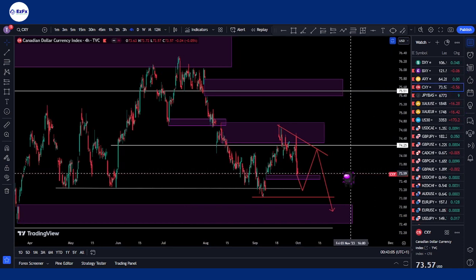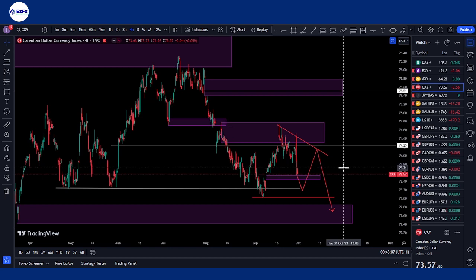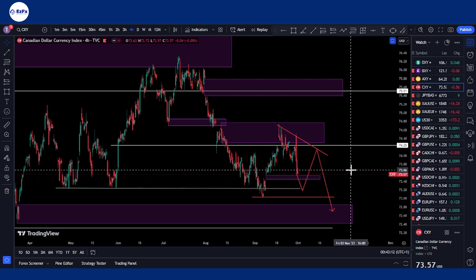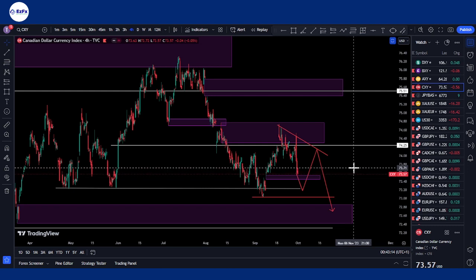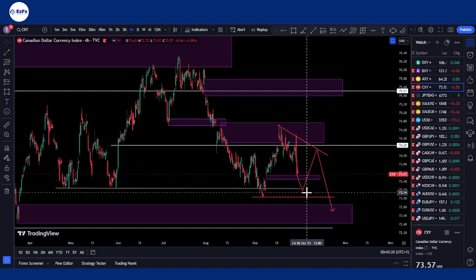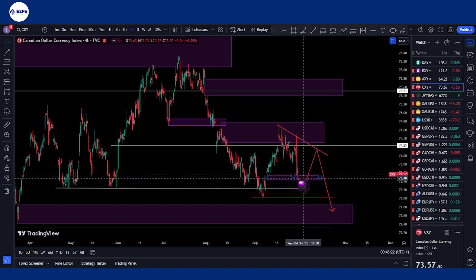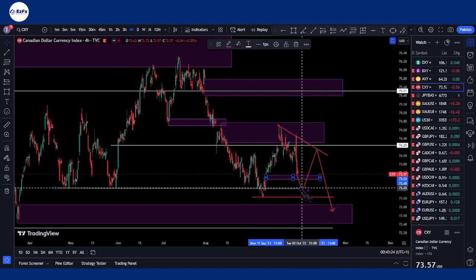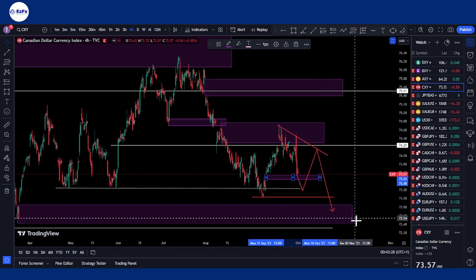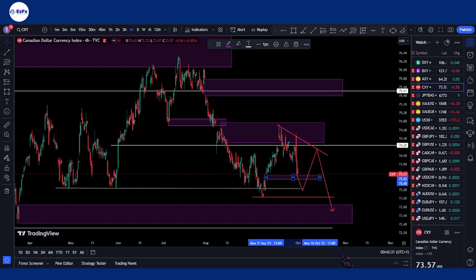Even though overall we're expecting CXY to be bearish, we're just looking for points of interest where we can look out for tangible reactions to give us an idea of what we should be looking out for on currency pairs. So overall bias on CXY is bearish. However, we're expecting probably a buyer from this zone, or we just get to see price break below that zone, give us that fourth touch of this trend line, and then we continue towards the downside.